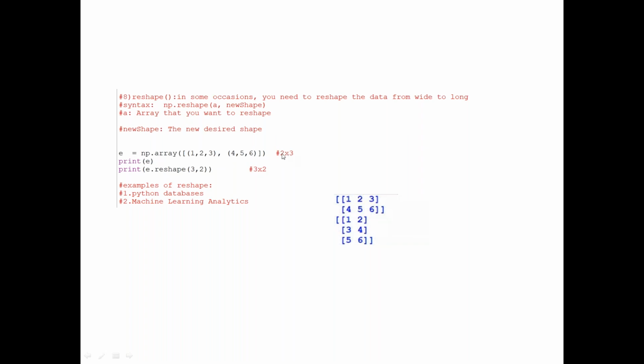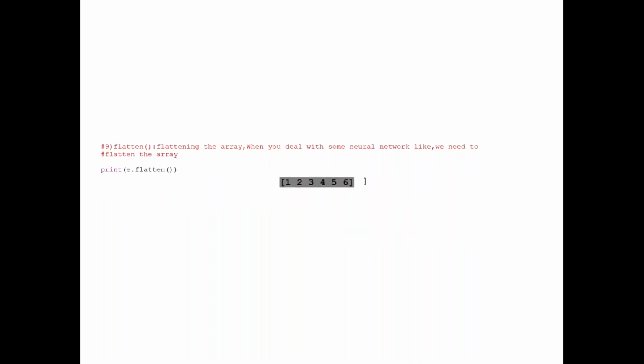It's a normal array. I need it converted as a 3 by 2. So I stored this one into E. So E.reshape, and I want 3 by 2. So 3, 2. So the system is converting rows as columns and columns as rows. And flatten. So here I'm creating matrix as a matrix only, rows as columns and columns as rows. But everything I want to make flatten. That means all the rows into a single array. It is converting as a flatten array. No rows, no columns, only a single array.